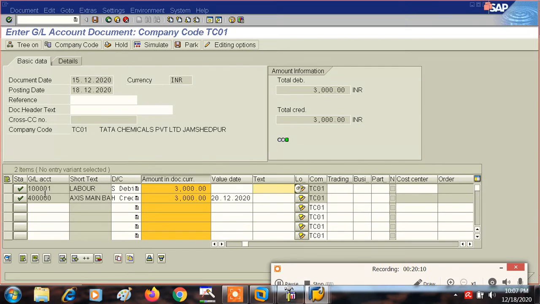See, this is labor account 1,01,000, and in this labor account we have used general field status group, that is G001, and in G001 there are different fields. In those fields I have shown you the text field is optional. That's why here it is not stopping us, or hindering our path, and we can go ahead and simulate or save this document.